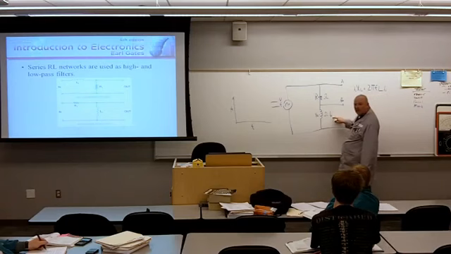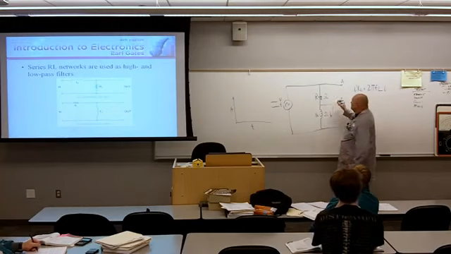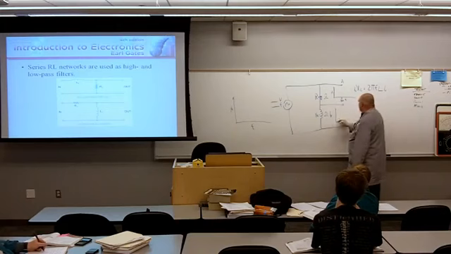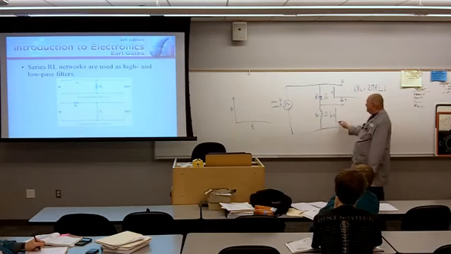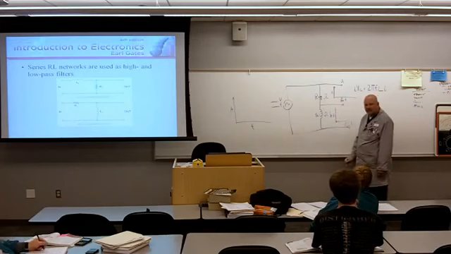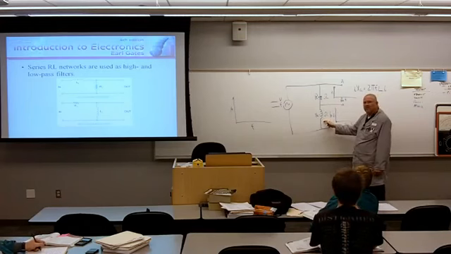So if this is low ohms, is there going to be any voltage drop across my inductor? Very little. Is there going to be a voltage drop across my resistor? Yeah. So at a low frequency, I'm going to draw that same plot here, frequency, amplitude. I'm going to get a very low voltage drop here, and a very high voltage drop here. As a matter of fact, 100% of my voltage drop is going to be across this resistor at a low frequency, because at a low frequency, this is going to look like a piece of